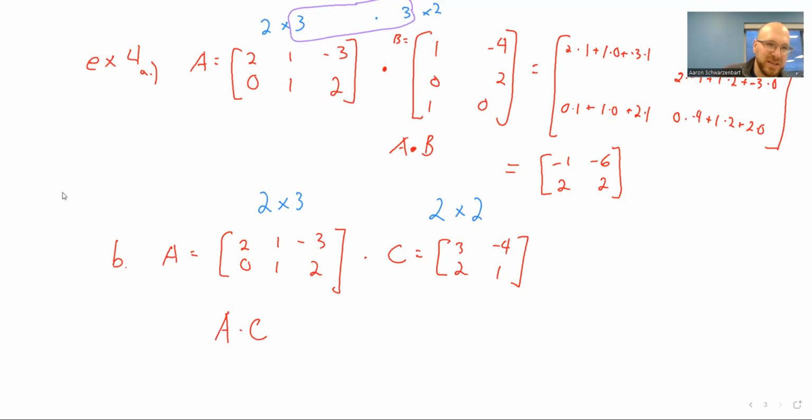Again, I've got to match up the insides. These don't match. These do not multiply. I'm not sure what your calculator would say if you put them in, but